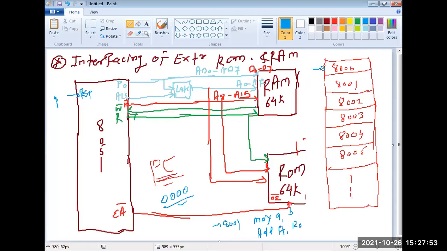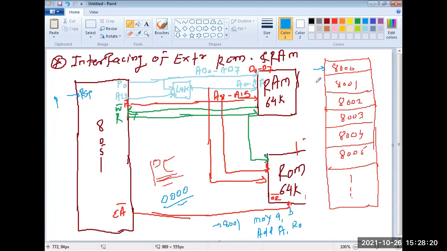The PC shows the address, and it goes from that memory location. And whatever data is there at the memory location can be taken with the help of the data and address bus. Why I'm pointing at the address and data bus is important, because whenever the memory is interfaced, internally or externally, the data and the address can be taken inside or can be sent outside.